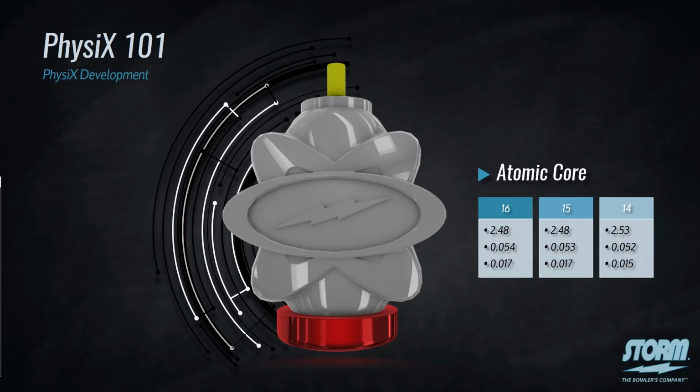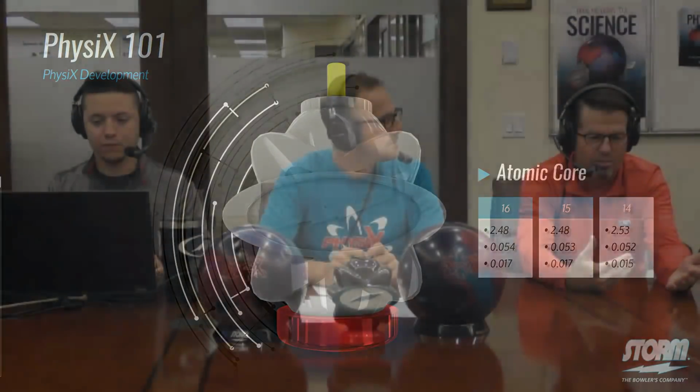And really, the differences in the RG are going to have something to do with that as well. Differential is just one part of the equation, but we know the RG values can delay that before it starts to flare. So it can create two different shapes in motion. If you have a low RG with a little more differential and it's a 5.5-inch pin, you could see the lane a little faster and still flare quite a bit. Versus if you're doing a 4.5-inch pin in a lower diff ball but it has a higher RG, it's not going to see the lane as soon because it has to slow down no matter what.